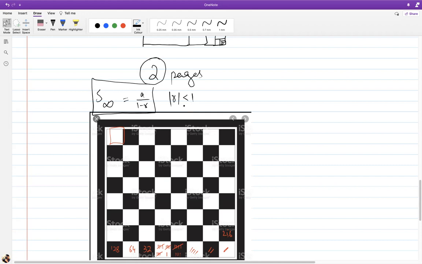And if it is more than that, if the ratio is 2 or 4 or whatever, then it's going to be insane. You won't have enough money in the world and enough chocolate in the world to feed everybody there. So that's the thing. Sum till infinity can be infinite if your ratio is greater than or equal to 1. But if the mod of ratio is less than 1, then sum till infinity will have a fixed value. So that's a over 1 minus r.